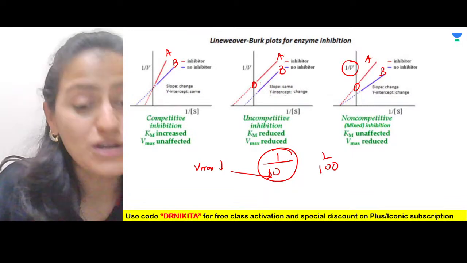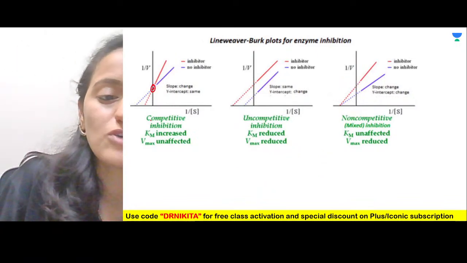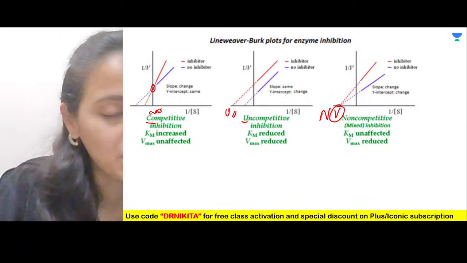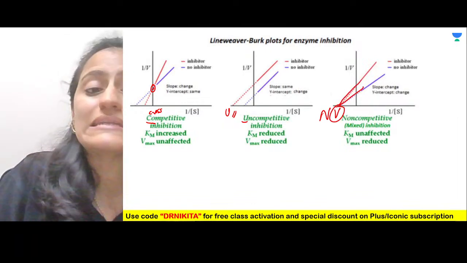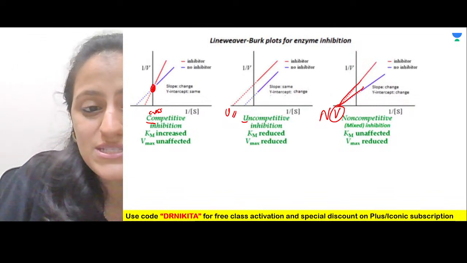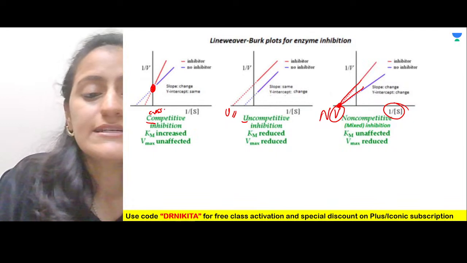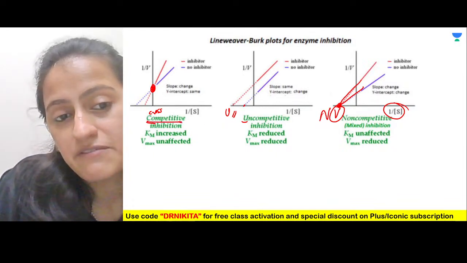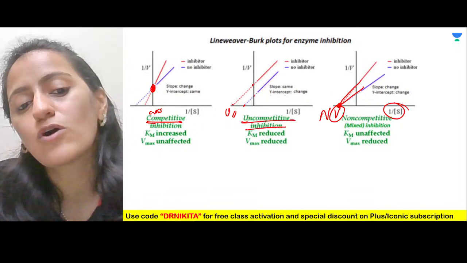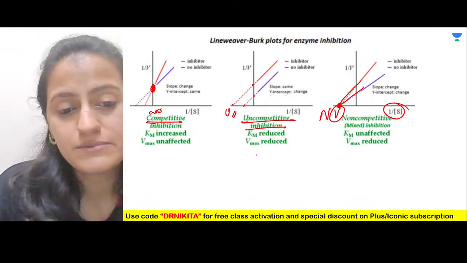So I hope now you have got the concept of the Lineweaver-Burk plot as well. Till now we used to learn the trick: competitive is crossing, uncompetitive is parallel, and non-competitive is V-shape. Now we have also learned why we get these graphs differently. Here this is Vmax which is the same. Here it is the Km, the substrate concentration, which is the same. So this is competitive and this is non-competitive. Where both the values are different, both are affected, that is basically uncompetitive inhibition. Right? Clear with everyone? Got the concept?